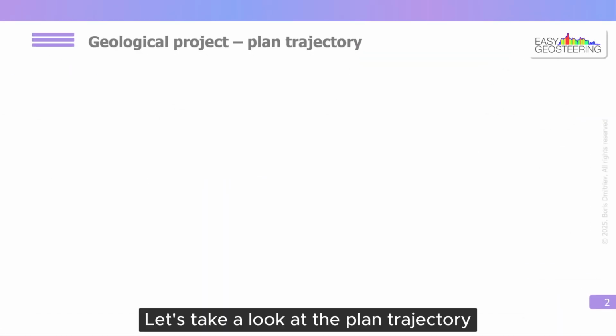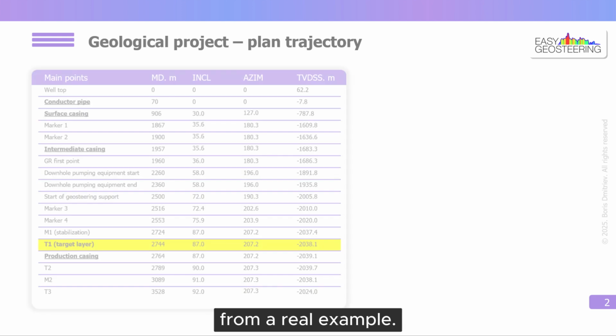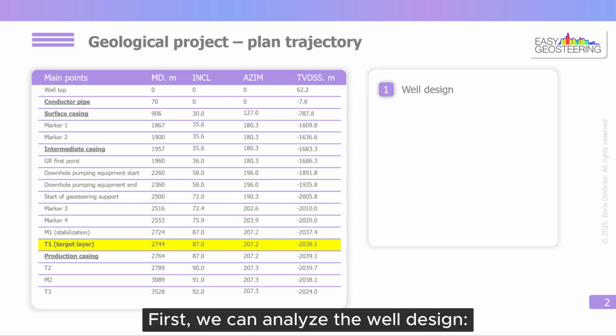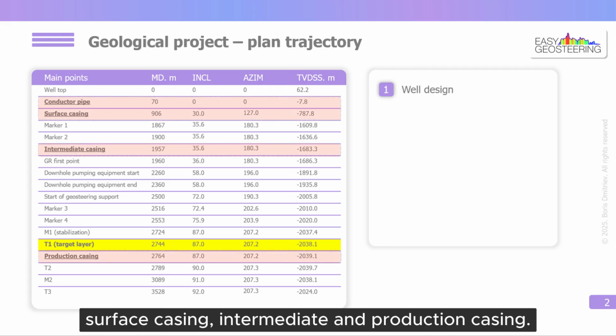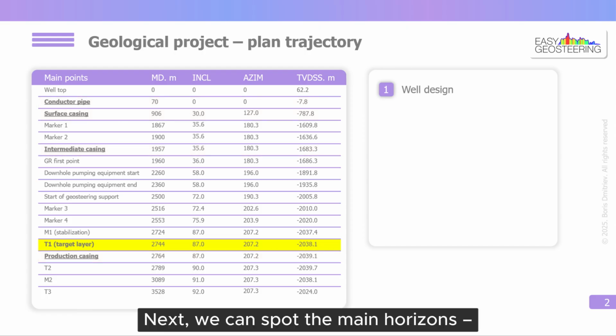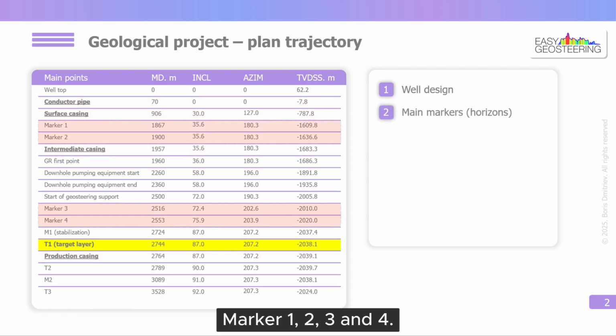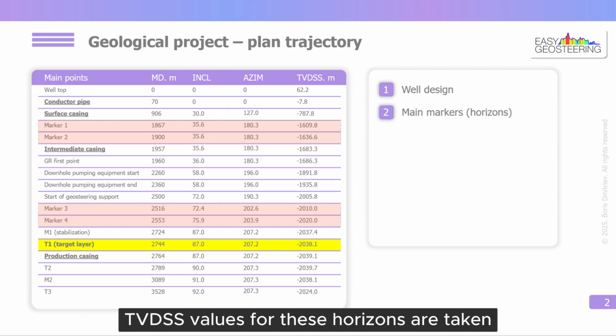Let's take a look at the planned trajectory from a real example. First, we can analyze the well design. This well has a conductor pipe, surface casing, intermediate, and production casing. Next, we can spot the main horizons, marker 1, 2, 3, and 4. TVDSS values for these horizons are taken from the 3D geological model of the oil field, once the planned trajectory